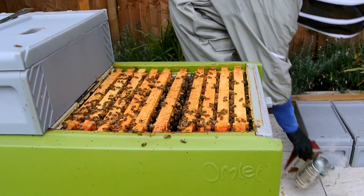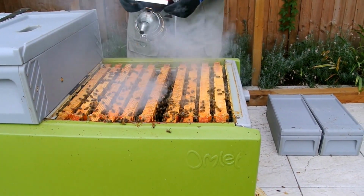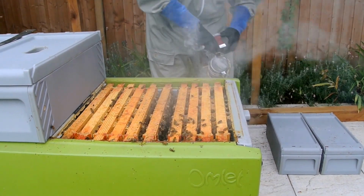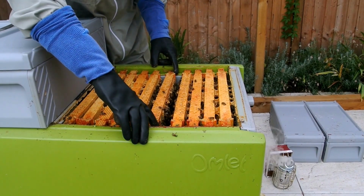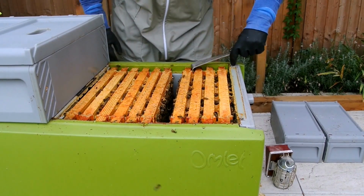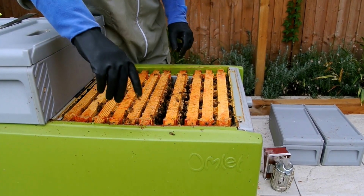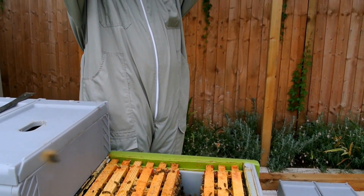So let's give them a bit of smoke, because they are now on top of the hive, which I would rather they were not. So they do sort of respond to the smoke, slowly. It has a sort of twin effect. It disrupts their pheromone communication, so they don't know they're being attacked, which is how this must seem. And it also makes them feel like their hive is about to catch fire, so they have to go and deal with that by eating as much food as they can in case they need to swarm and fly off. So that's good. We'll keep going through the inspection, because there's a chance she'll be back on this frame now,